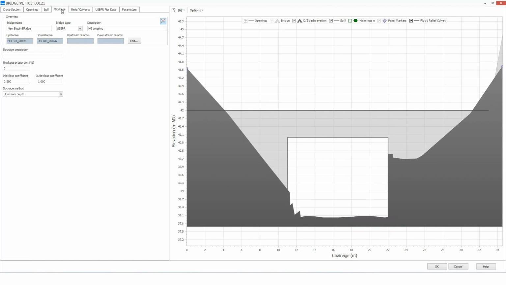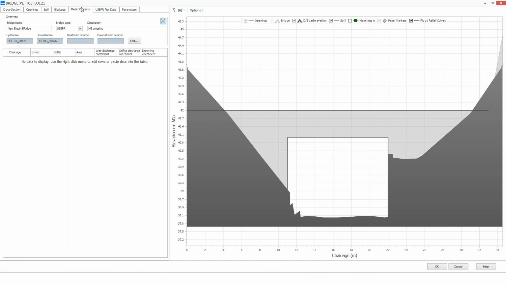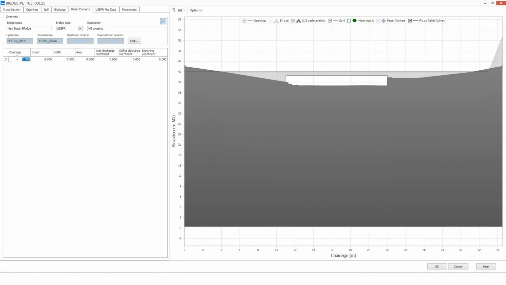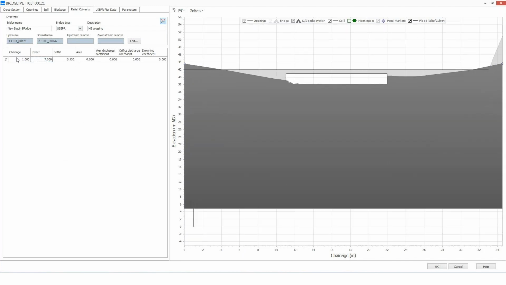I've got my blockage tool, so I can apply a blockage if I want to, and that could be because of debris or changes to the structure. And previously this would be a different unit, but it's all now done in the same place. I can add bypass culverts. So if you've got a flood relief culvert, you can add those in. Again, just simply right click, add it in, provide some details,